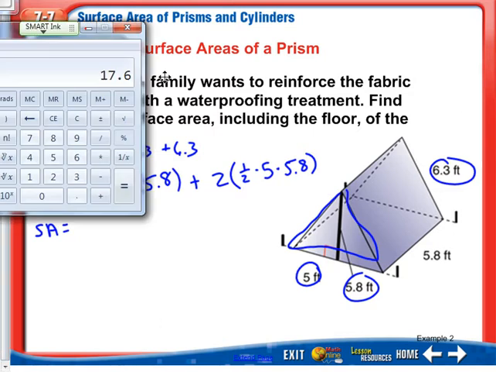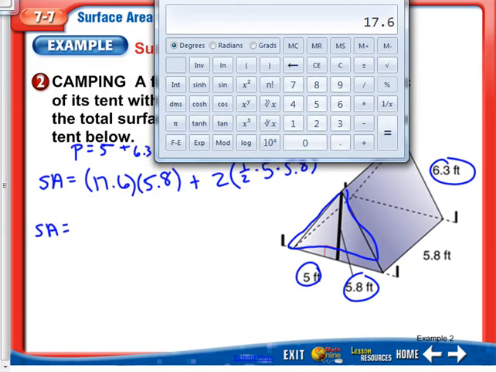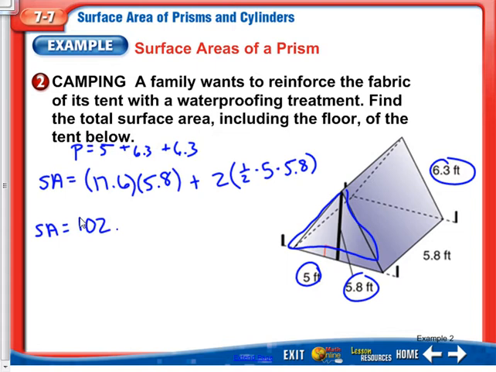So I have my 17.6. I'm going to multiply that times that height, 5.8. That gives me 102.08. Now, I'm not going to round anything at this point. You leave it as 102.08. So plus,